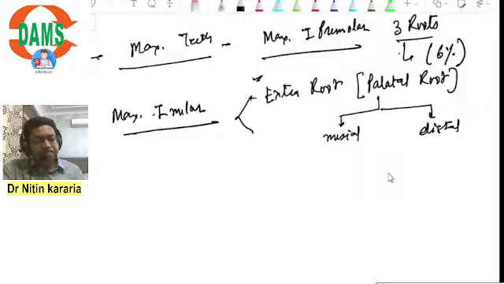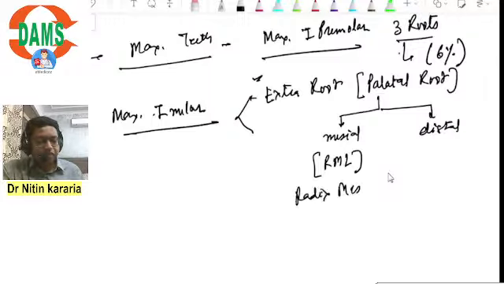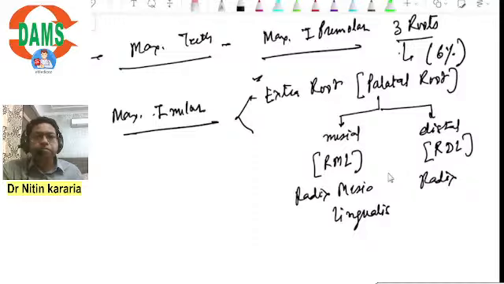Okay, if it is mesial, it is called RML, that is radix mesiolingualis. If it is distal, it is called RDL, that is radix distolingualis. Okay,